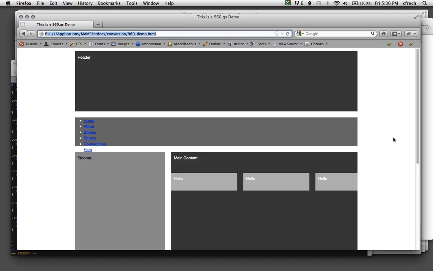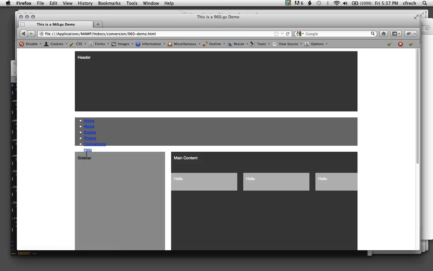Okay, here we are in our second in this series of videos about adding navigation to our website wireframes and ultimately our websites themselves. We've started the process and you can see we have an unordered list here inside of our layout, right inside of Firefox in our 960-demo HTML file. We have 6 elements in the list and it looks pretty bad. It's totally unformatted right now. It doesn't even fit inside this navigation box that we've defined,